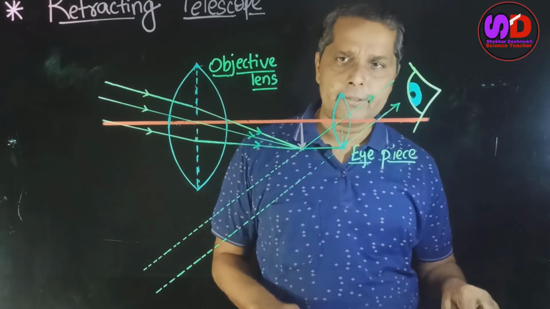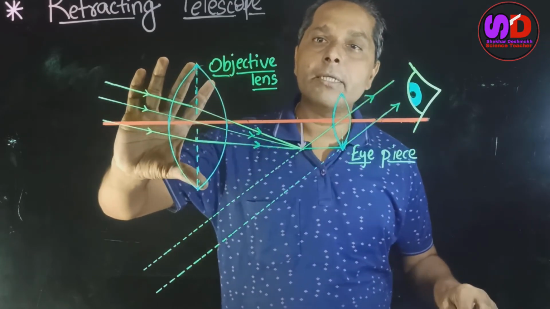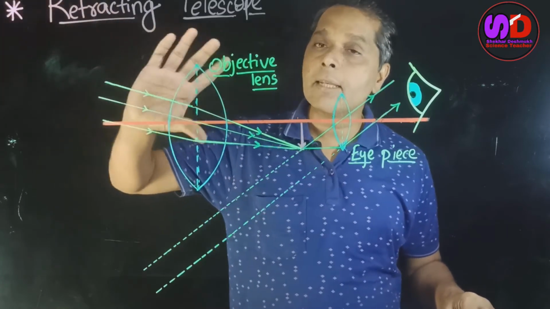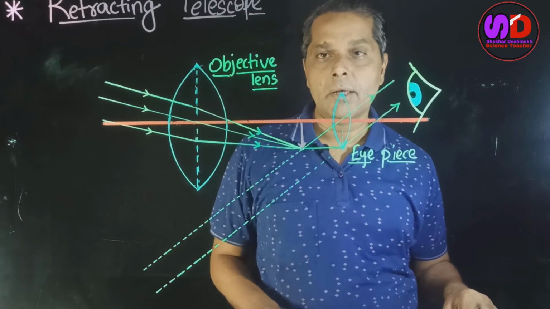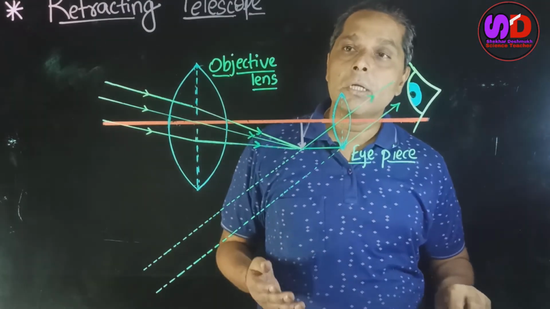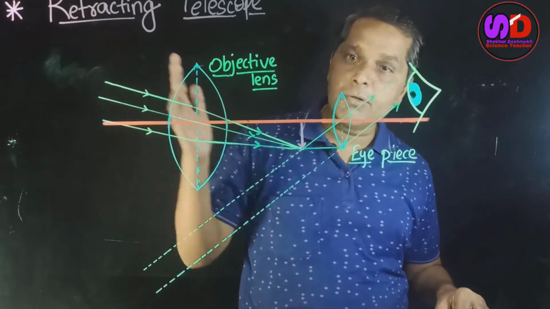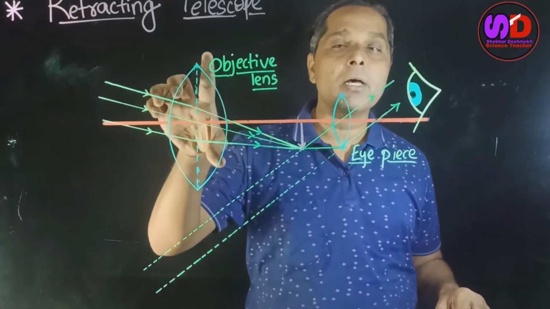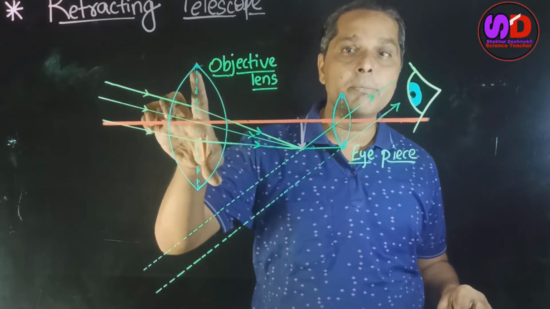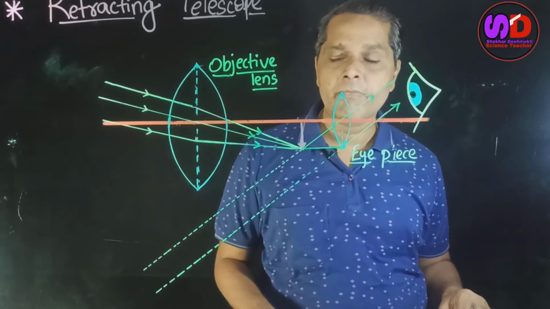Exactly opposite to that. Here the larger diameter or larger cross section is required to collect the light rays which are coming from infinite distance. I am saying infinite distance because the light rays come from a distant object, and to collect all these light rays, the objective lens must have a large cross section.